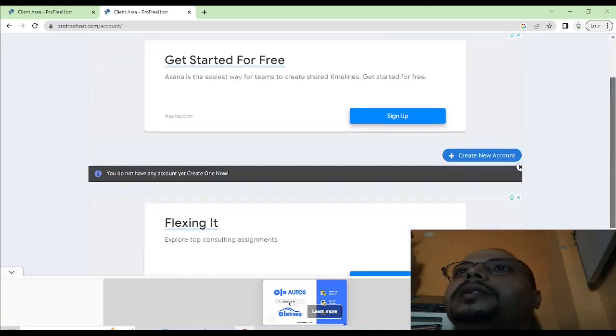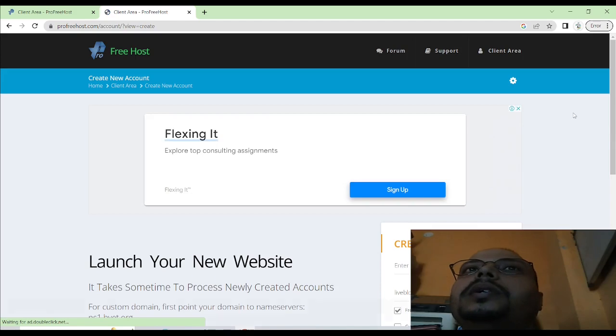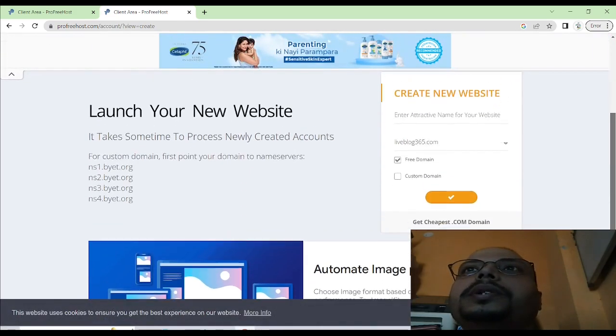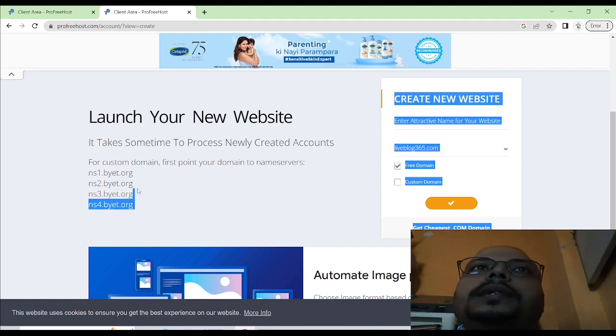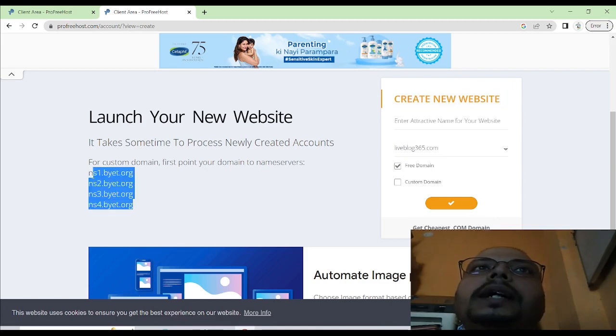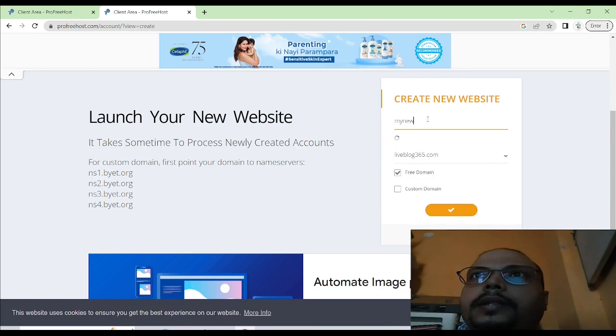Just go to create new account, and you will see some other options. They are going to ask you that if you already have a custom domain, then you are supposed to use these as the name servers. But if you do not have a custom domain and you just want to use a free domain of their own, you add a name over here, like my new website or something like that, and after that a dot